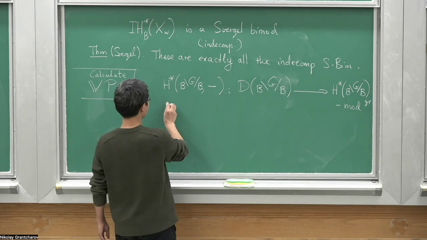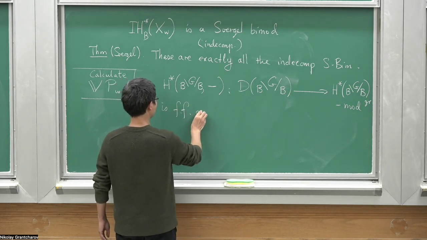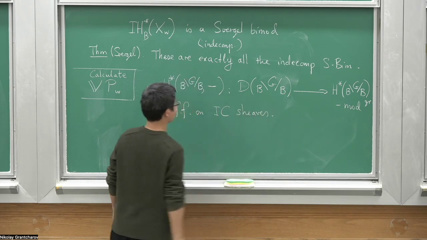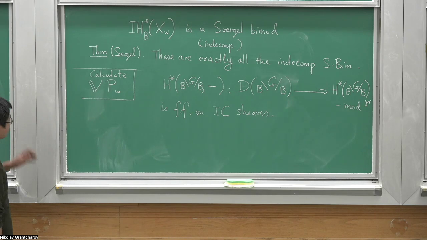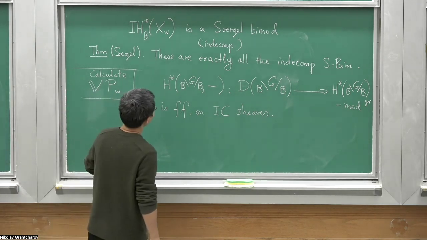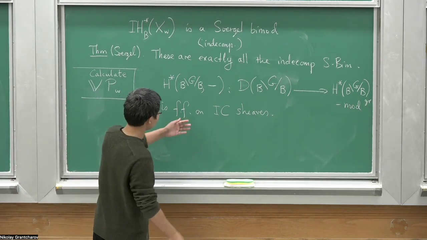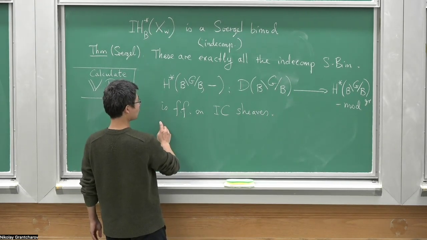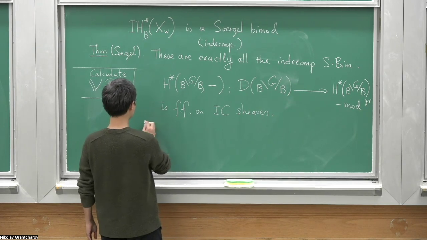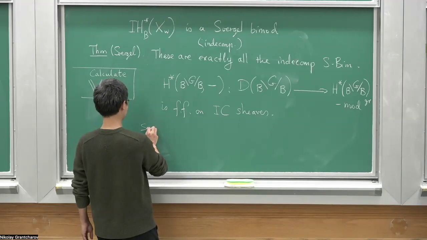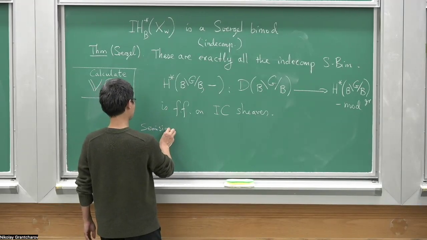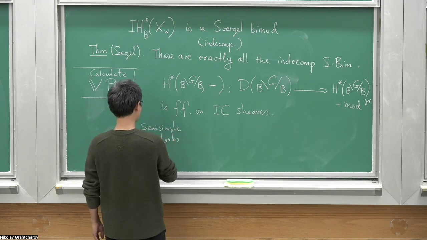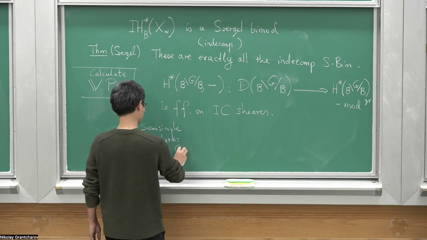And this functor is fully faithful on IC sheaves, semi-simple complexes. And the image, so this sets up, in fact, an equivalence between semi-simple complexes in B mod G mod B,